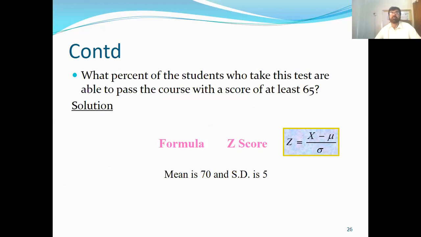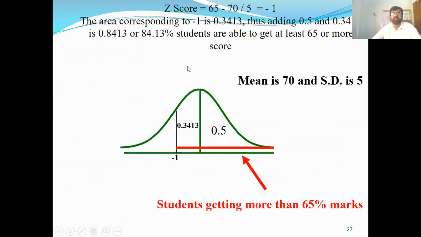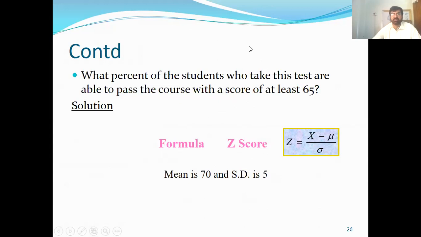At least 65 means those students who will get 65 and above. What will be the percentage then? 65 and above. So here it has been solved over here. Mean is 70 and standard deviation is 5. Then with the formula, if you calculate